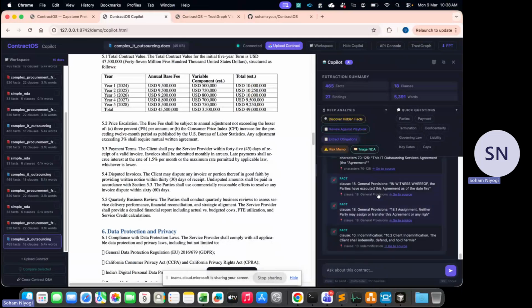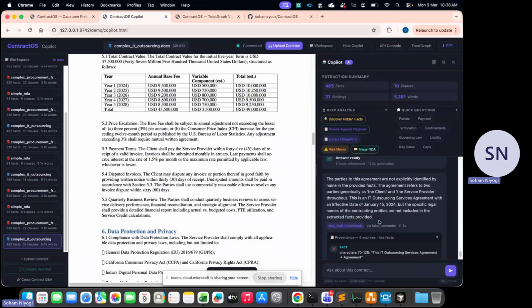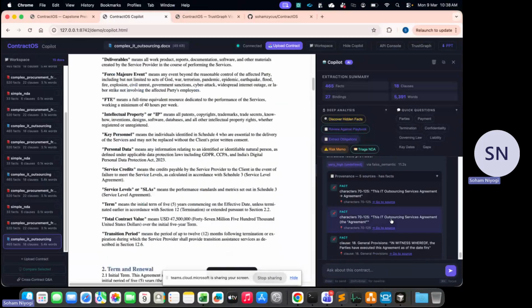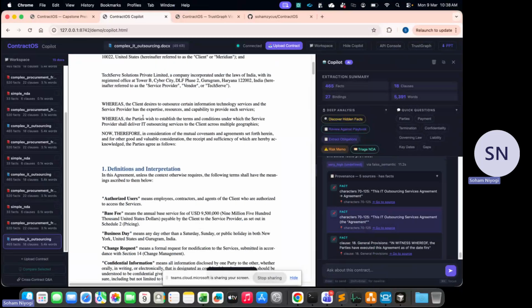It quickly identifies the parties of this agreement, the client, the service provider, the IT outsourcing company, and the effective dates,